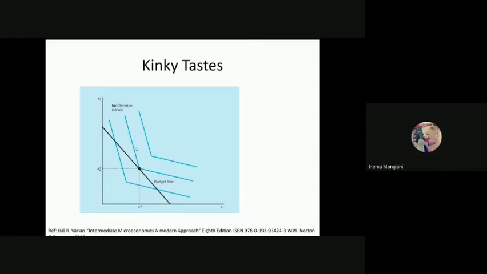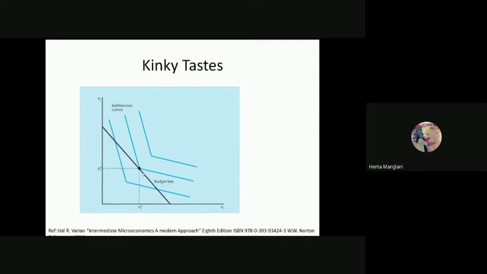See, we do not have here the point of tangency. Similarly, in perfect complement goods also we do not have tangency. It doesn't mean you are not having exactly a kink over here. So when you have a kink over here, then we are following a tangency with the kink. Then what does it mean?